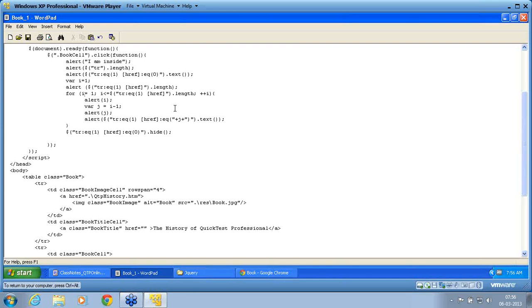So this is another part of jQuery where we are trying to use the class and loop through element IDs. This is the element ID. Element ID 0 means the first element, and element ID 1 is the second element. If I want the total elements, I use dot length or size. Size with brackets, open and close, also gives me the total length of the elements available in that object.